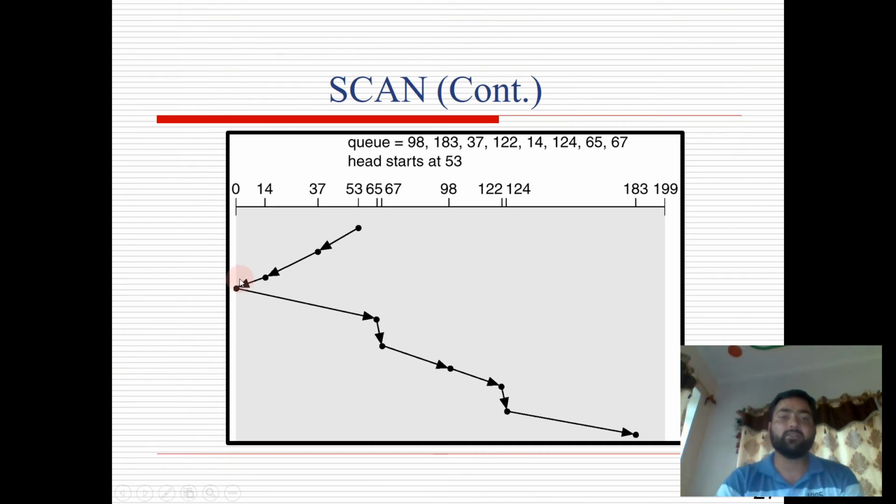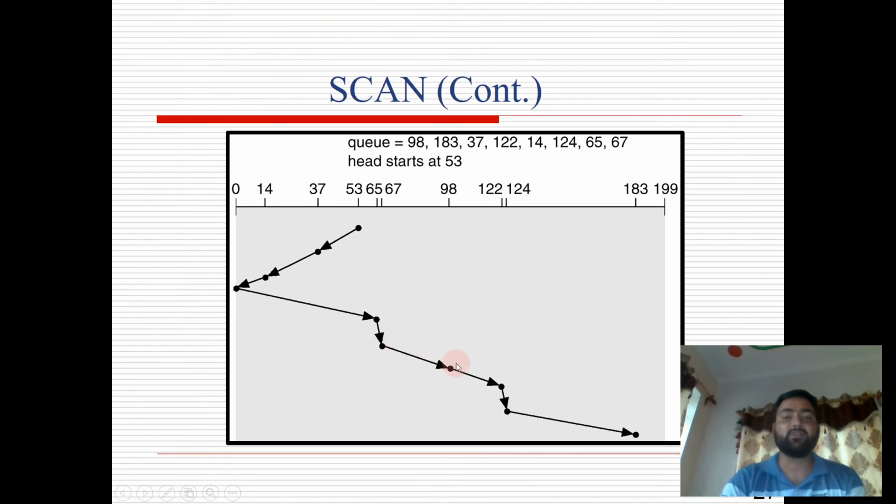This end point is not in the request queue, but in the algorithm after the last request the head goes to the end of the disk and then turns in the reverse direction, and it will satisfy 53, then it will satisfy 65 and 67.